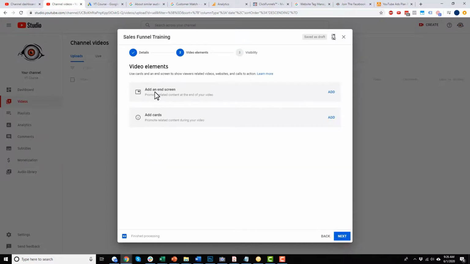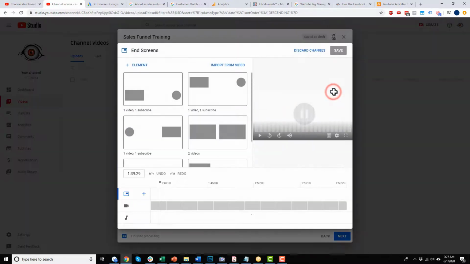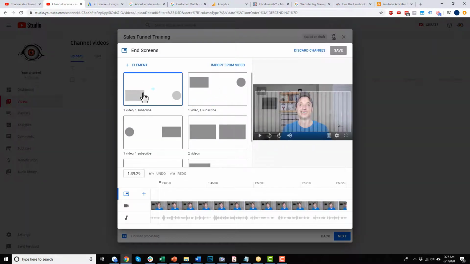So now we have video elements, and we have two options here. We have add an end screen, so promote related content at the end of your video, and then we have cards, which promotes related content during your video. And you want to set these up, so we can go to add, and basically there's a couple different options in here, and you can play around with it to get it how you want it to go.